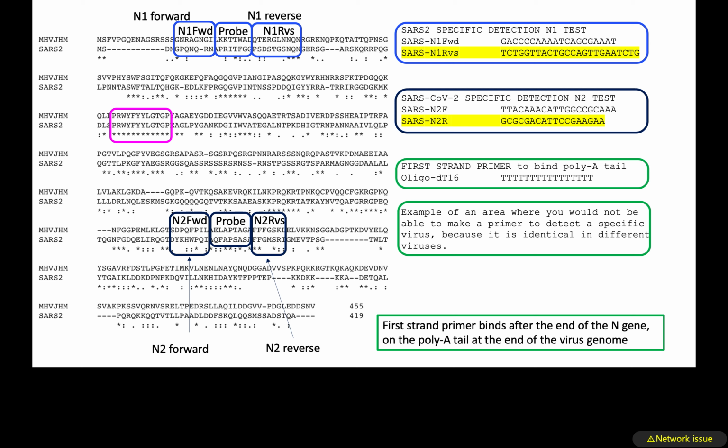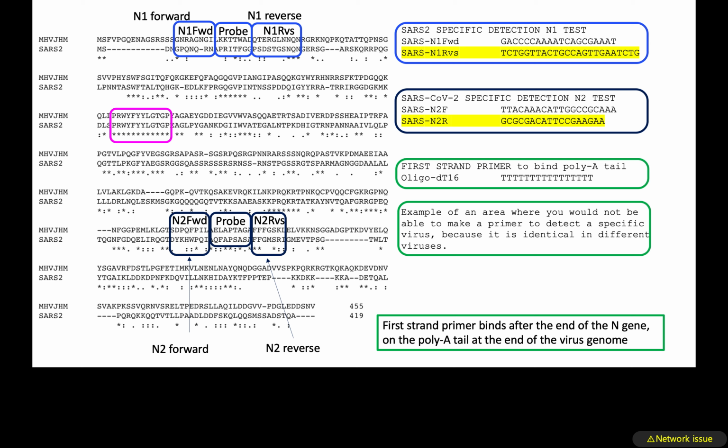And so to get a positive reaction, you have to have had the first strand primer bind, which will bind to any RNA, so any messenger RNA rather. So that's pretty easy. That's not too specific. You will have to have the forward and reverse primer bind, and you'll have to have the probe bind. And when you're making a copy from the end of the forward primer, you will have to run into that probe on the same strand. So you've got to have 1 first strand, 2, 3, 4 specific binding events happen,